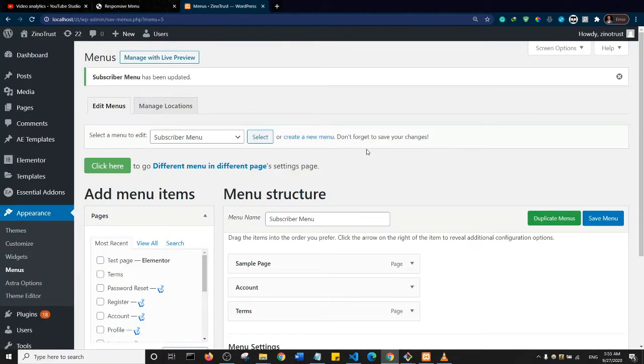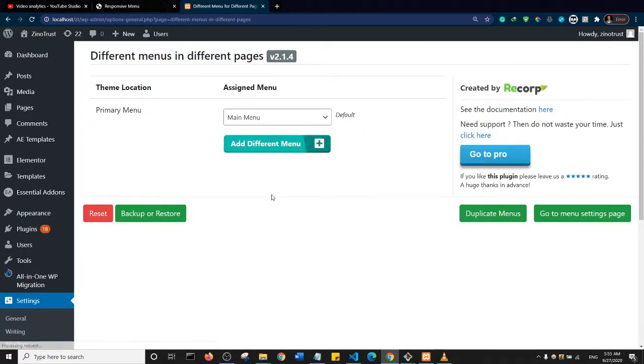All right, now what I'm going to do is go to different menu in different pages. Okay, so it says click here to go to different menu in different pages settings. So remember that I'm in appearance and menus, so I'm just going to click here, and it will take me to the interface for the different menu in different pages settings. So this says theme location, primary menu, assign menu, main menu. So I'm going to click on this, and